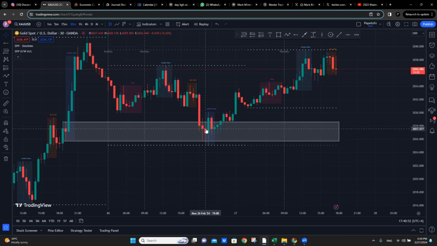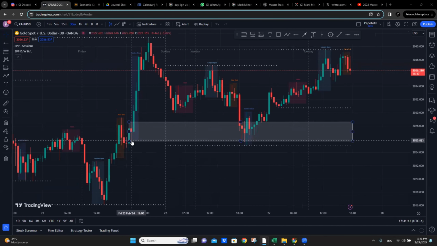Before that, we had two dojis and indecision, and then we got liquidity, taken liquidity of the lows. So what you are going to do, you're going to say, okay, first confirmation is CHOCH, stop hunt is done, and the doji is taken, the order block low is taken. So I have liquidity of,